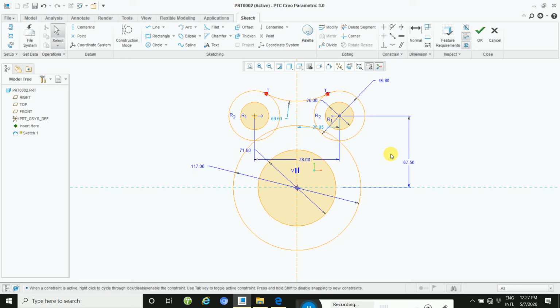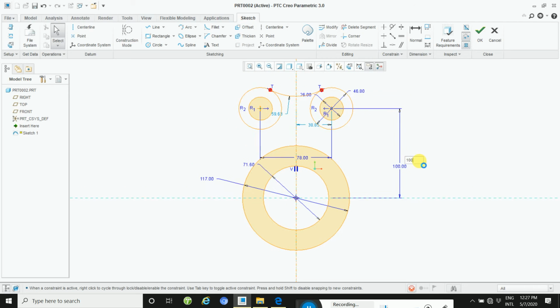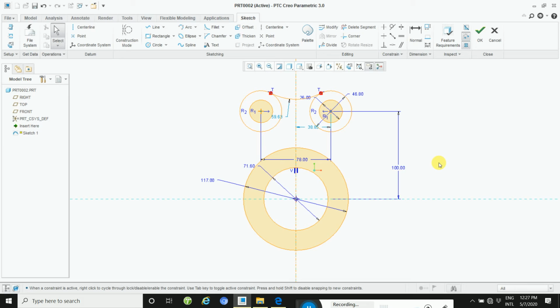This distance is 100, not as per the drawing, take as per your requirement.